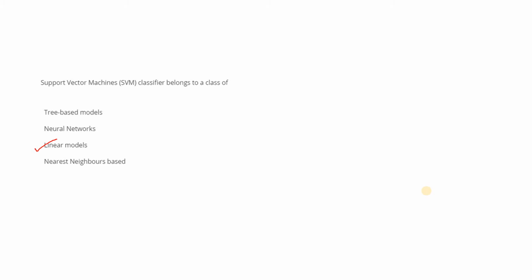I have discussed the separating hyperplane; we require a linear separator. If we are not getting a linear separator in a particular dimension, suppose a lower dimension, then we use some kernel trick to convert that data to a higher dimensional plane where data points belonging to different classes are linearly separable, right? So the correct answer is option C. Congratulations if you have predicted this correctly.